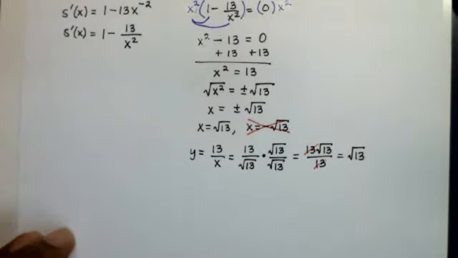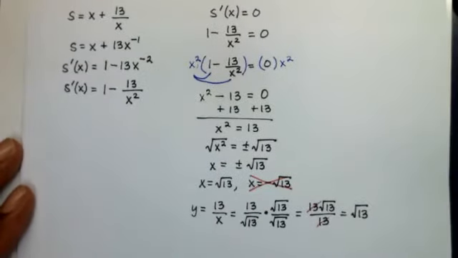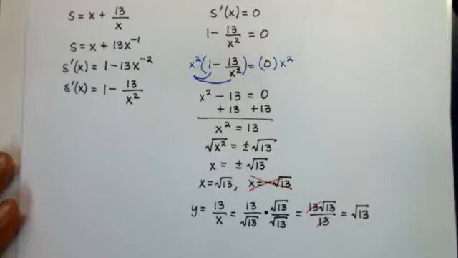So all of that was example number 1. All right. Now, example 2 on your handout looks like this. A rectangular pen is built with one side against a barn. If 2,000 meters of fencing are used for the other 3 sides of the pen, what dimensions maximize the area